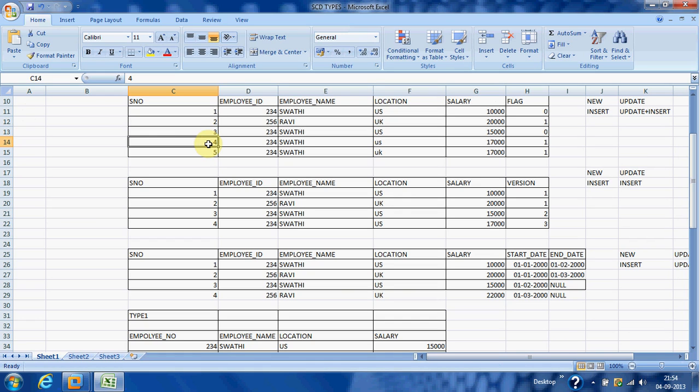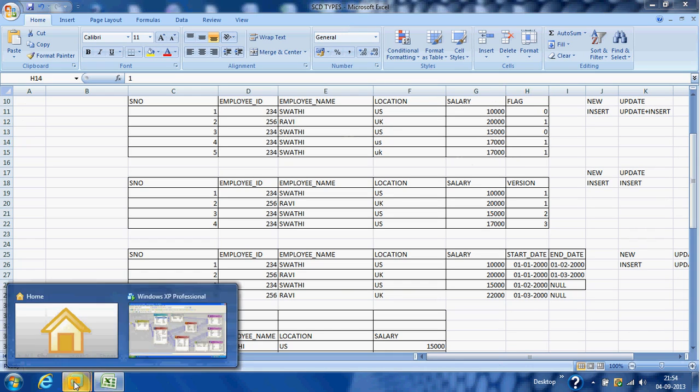Okay, so then we need to modify the previous flag value into 0, the last latest record into the 0, but from lookup